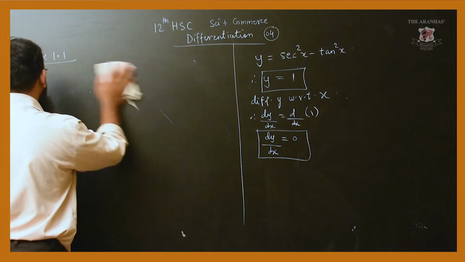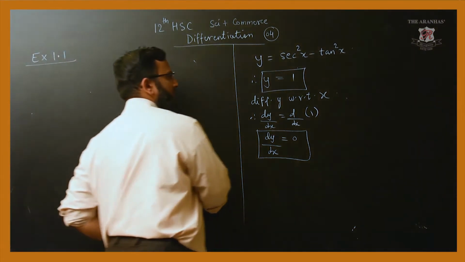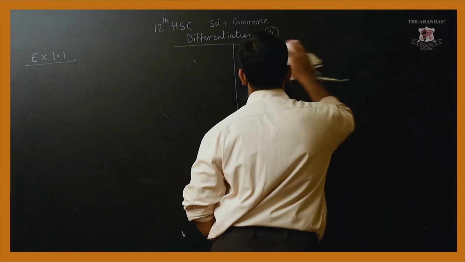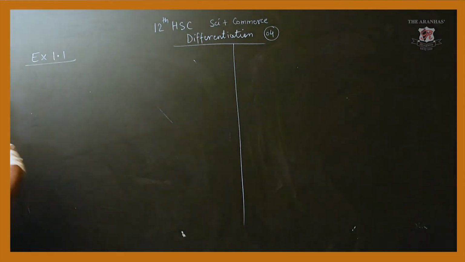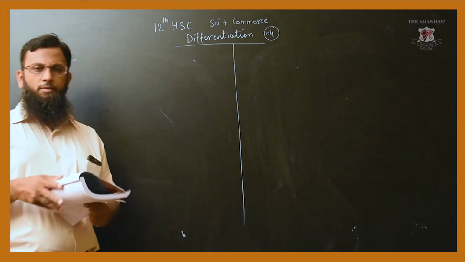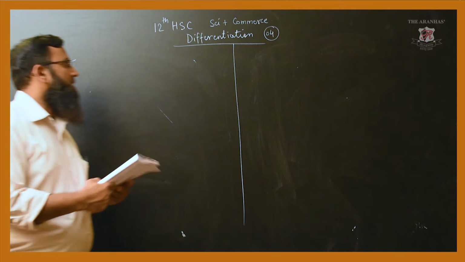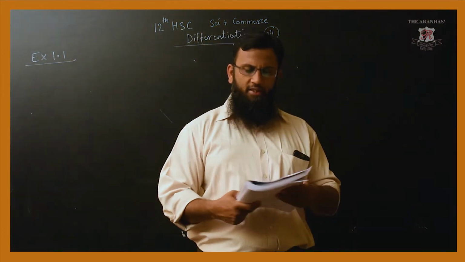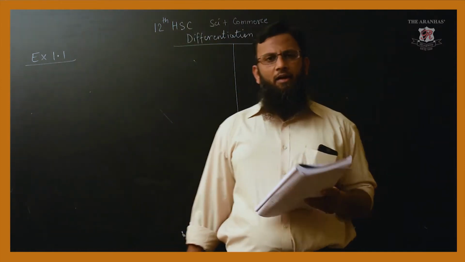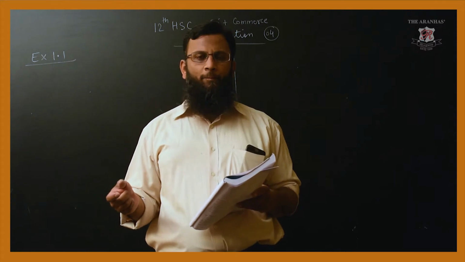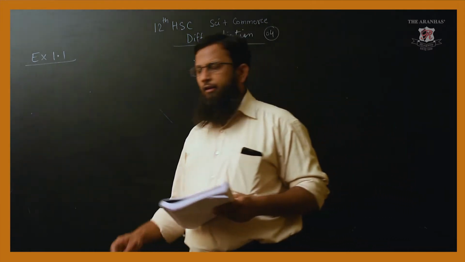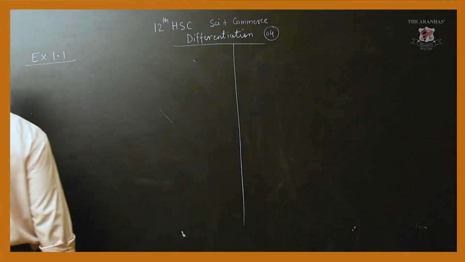Let us proceed further now to the main part of the exercise, where we have to see things in tabular form. Very interesting things are there, students. Might be for the commerce section, this kind of problem may not be there, but for science it is very important. Even for commerce, function of function we have done. Composite function is function of function. So now, instead of finding the derivative of some function in terms of x, you have to just substitute the numbers and find the value. How to do that? Let us see.